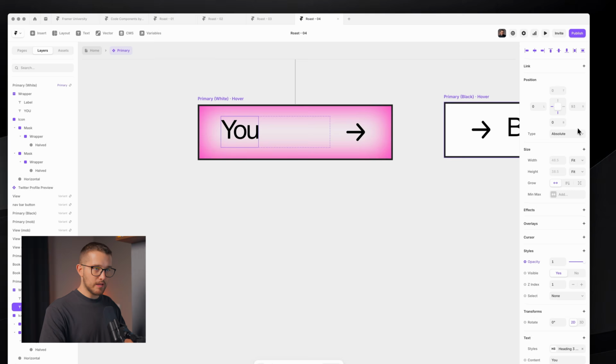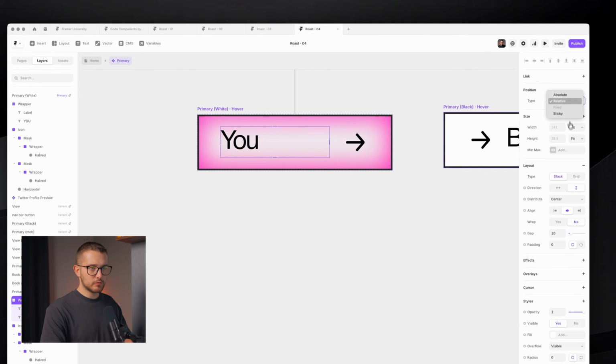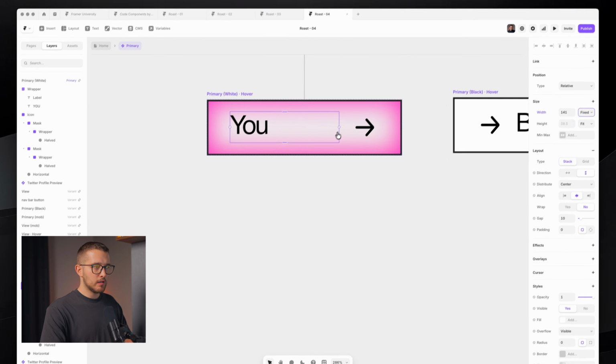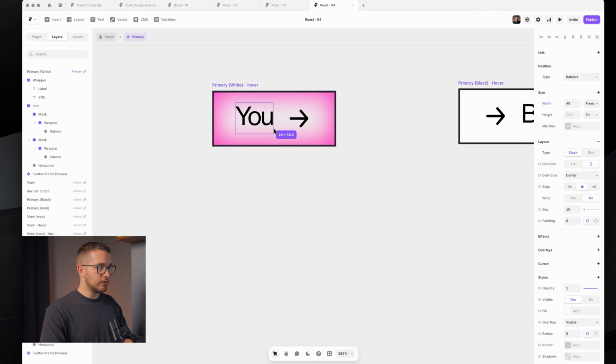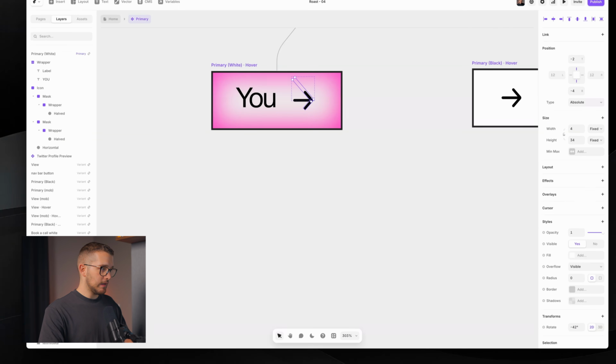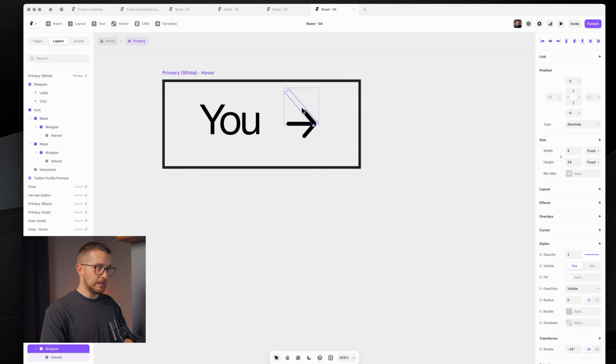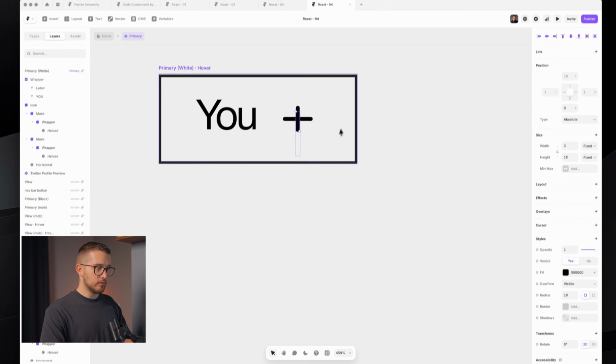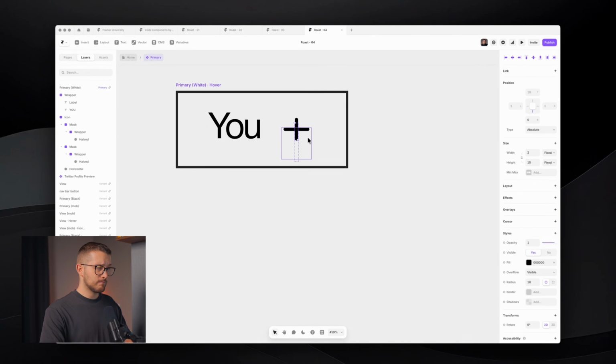It is not fitting the absolute positioned text, so I'm just going to set it to a fixed value and a little bit smaller. There you go. Now this one right here, the icon will transition into a plus. So we're going to do this. This one right here is 24, so this will